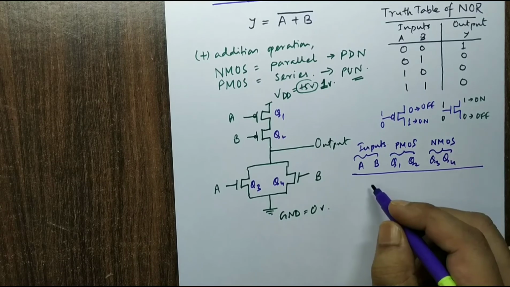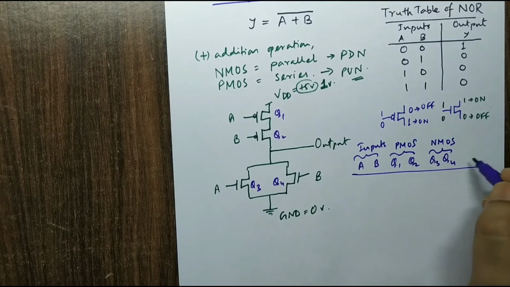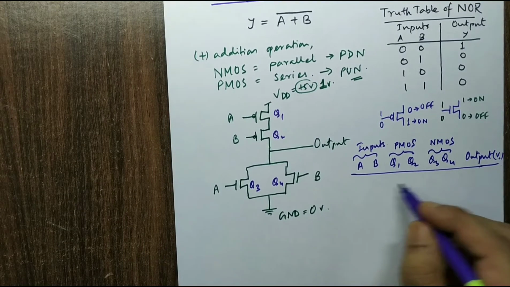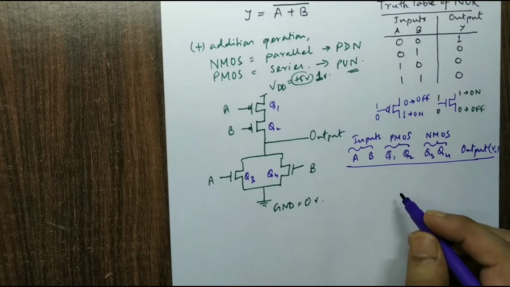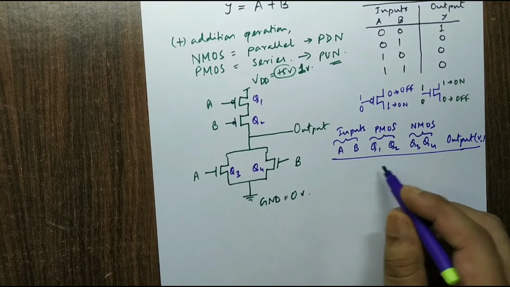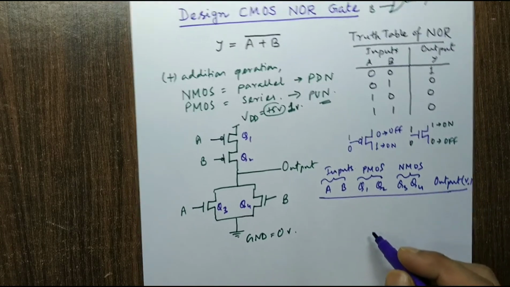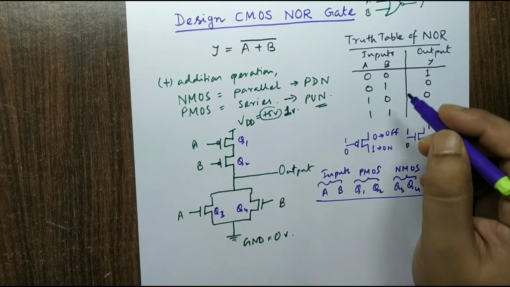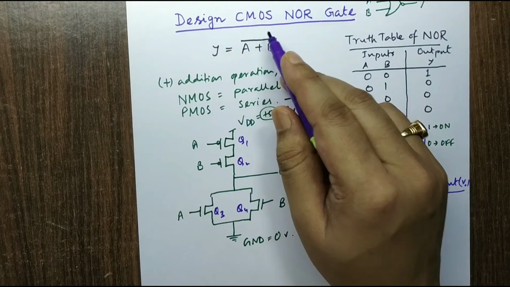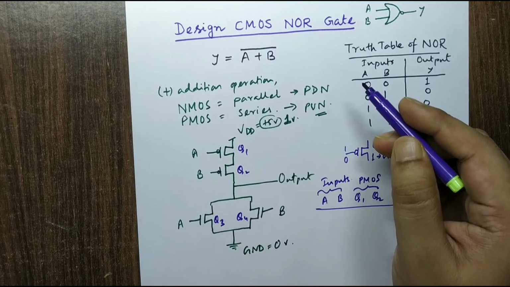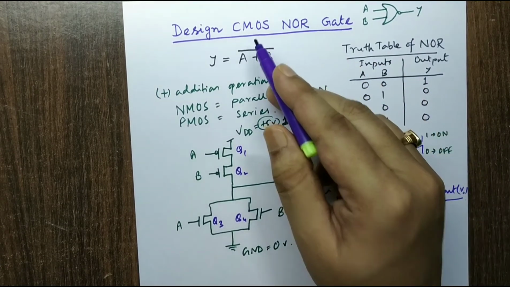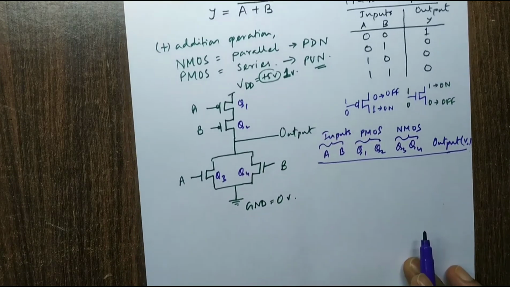Clear? So let us see what type of output value it will give, because output, let us assume it is V0. I am going to write down here the operations, whether each transistor is switched on or off, and depending upon that we will verify this particular table. Then only in our today's video we can say that we have designed a CMOS NOR gate successfully, or we can term it as that we have designed a 2-input NOR gate using CMOS technology. So let us see.